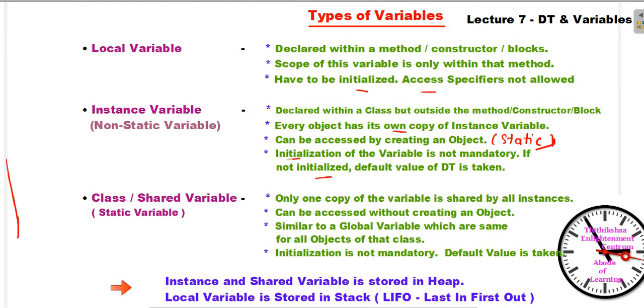Last in first out means, say for example, you have a bottle and you are placing some chocolates or biscuits. Say you place the first biscuit, second, third, fourth. Which biscuit will you take out first? The fourth biscuit, but it came in last. So last in first out: it comes in last but it is removed first. It uses that algorithm.